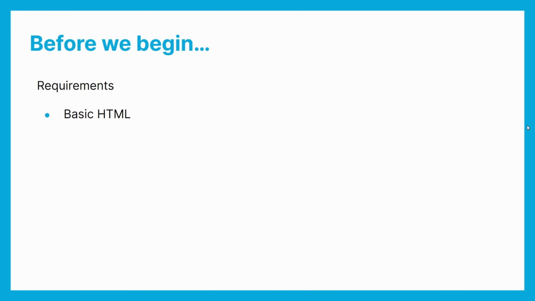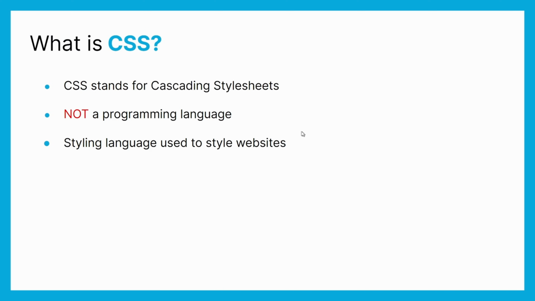Now before we begin, I just want to make it clear that this crash course is going to require you to know basic HTML. So if you've gone through the HTML crash course here at ASAP Frontend, or you've already played around with HTML before, you should be good to go. So now that that's out the way, let's jump straight into this and begin by talking a little bit about what CSS actually is. Well, CSS stands for Cascading Style Sheets, and don't worry about remembering this name, we're going to be calling it CSS 100% of the time anyways. But what's really important to remember about CSS is that it's not a programming language, it's a styling language used